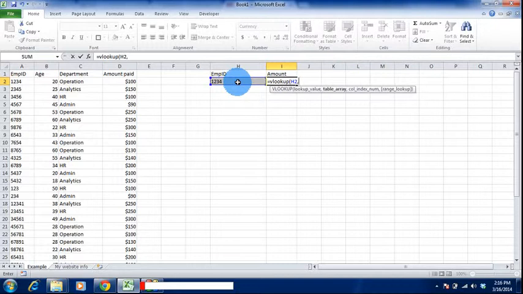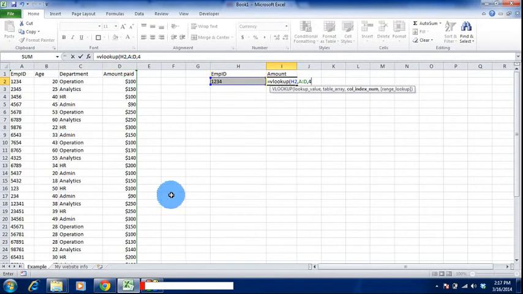It takes you to another step. Automatically you can see it highlights table array. So we have the table array here, the table means the data here. We select this and comma. Now it gives you the instruction again: column index number. We want the amount here. So the amount is in which column? Amount is here. So we count 1, 2, 3 and 4.